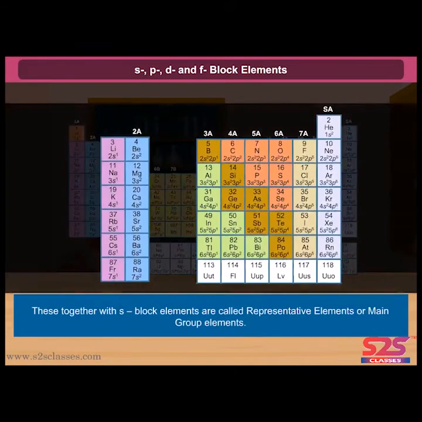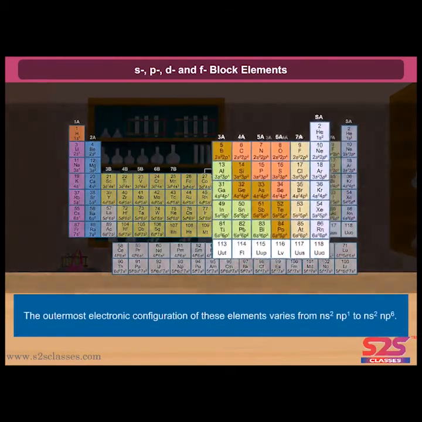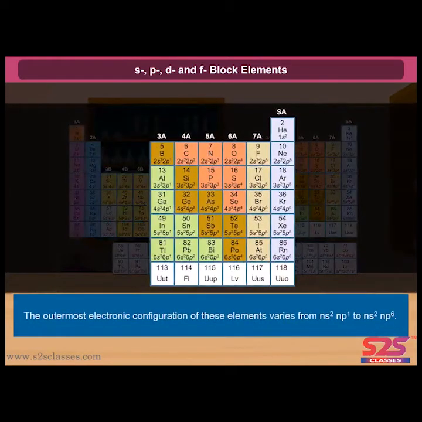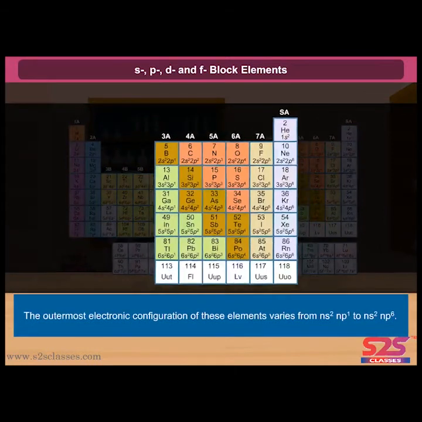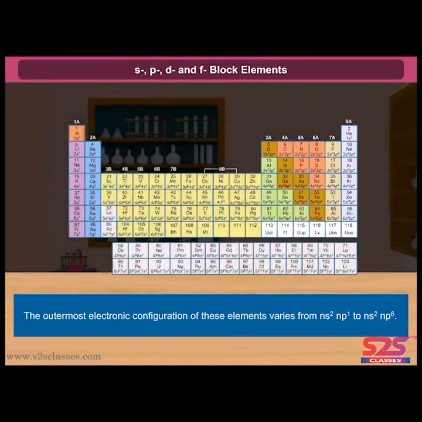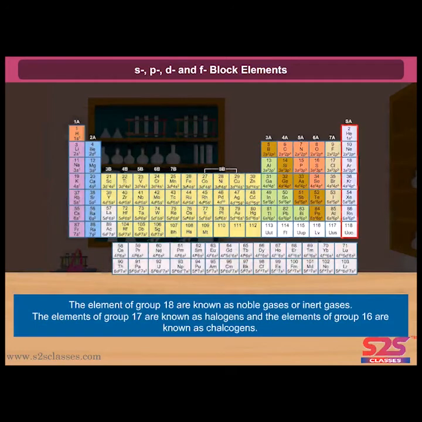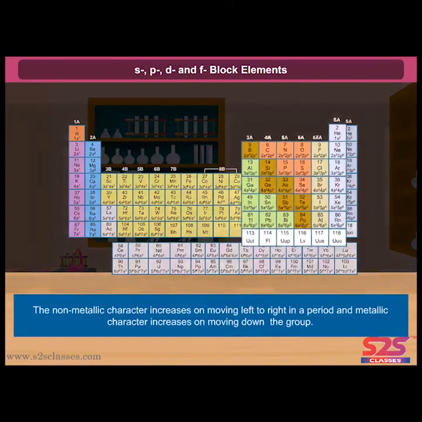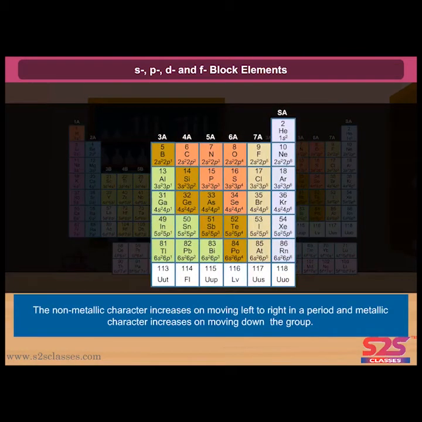These together with S block elements are called representative elements or main group elements. The outermost electronic configuration of these elements varies from ns2 np1 to ns2 np6. The elements of group 18 are known as noble gases or inert gases. The elements of group 17 are known as halogens and the elements of group 16 are known as chalcogens. The non-metallic character increases on moving left to right in a period and metallic character increases on moving down the